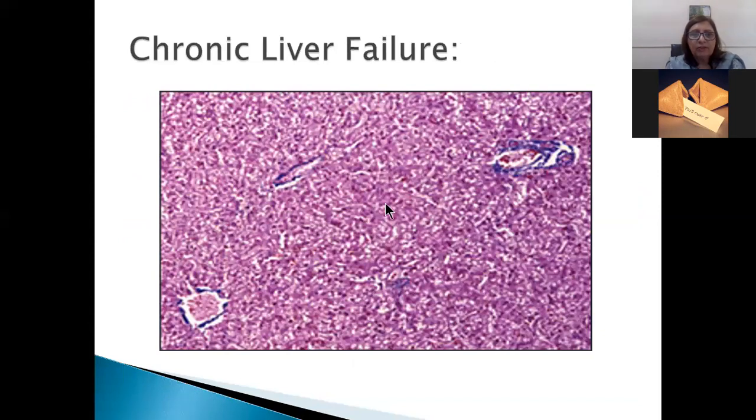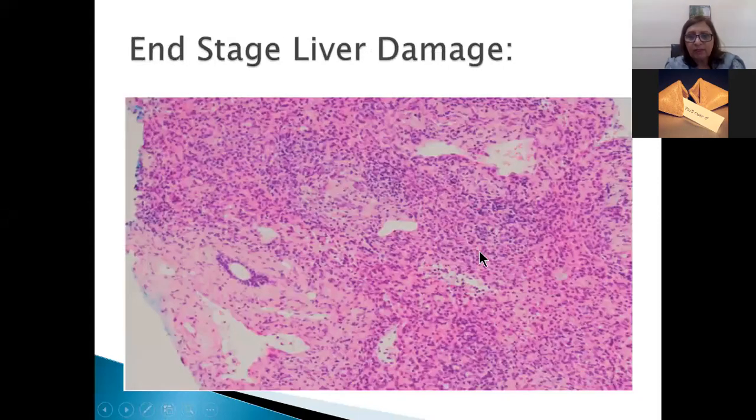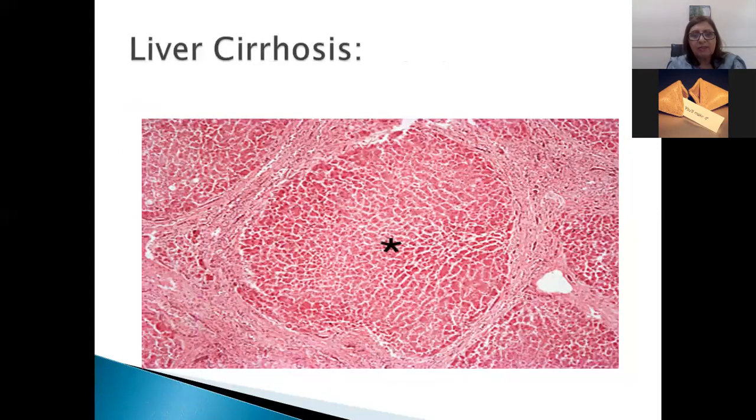This is a chronic liver failure. You can see the hepatocytes which are all destroyed, and you can see inflammatory infiltrate present, and these central veins are also showing congestive changes. This is also the end stage of chronic liver failure. You cannot see any hepatocyte, and ductular reaction with chronic lymphocytic infiltrate is present, and this is also a duct. This is also the end stage of liver damage. This is again the cirrhotic liver I showed you earlier: a lobule composed of regenerating hepatocytes surrounded by a thick band of fibrosis.